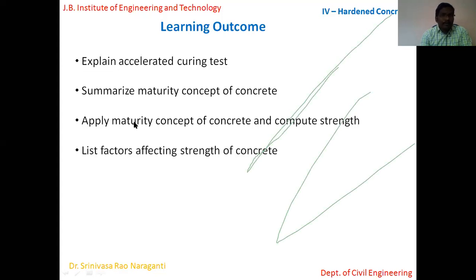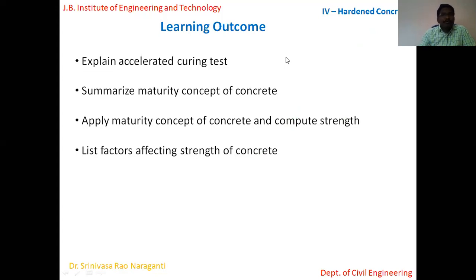Then you'll be in a position to apply mathematical equations to compute the maturity of the concrete, and from there compute the compressive strength of concrete. In addition, you will be able to list various factors that affect the strength of the concrete. So these are the four tasks you will be able to do once you completely follow this module.